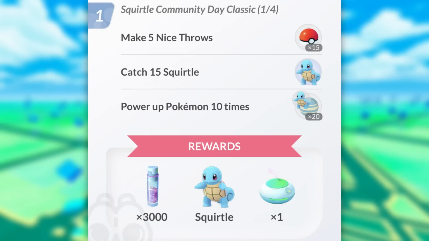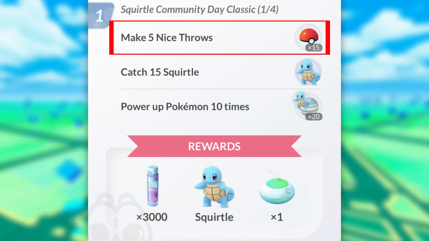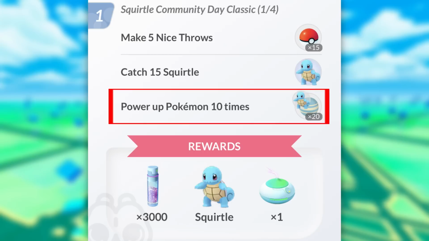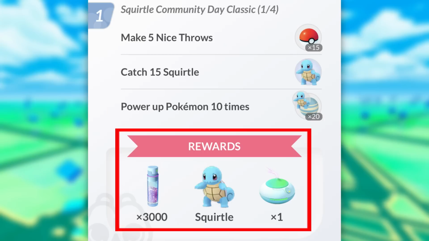So now let's jump into the $1 paid research to see what your rewards are going to be. I'll give you all the 100% IVs, and then we're going to go from there. And we have the Squirtle research day for step number 1. We have make 5 nice throws, which is going to give you 15 Pokeballs, catch 15 Squirtle for a Squirtle encounter, and power up a Pokemon 10 times